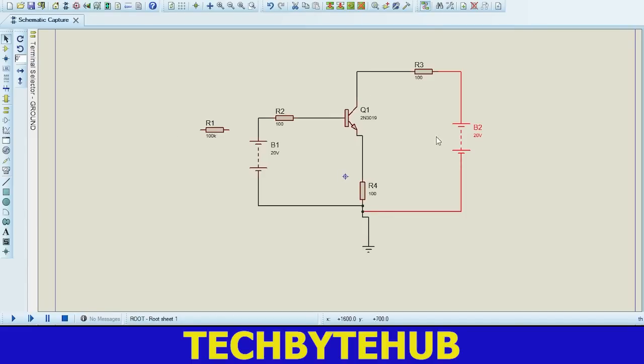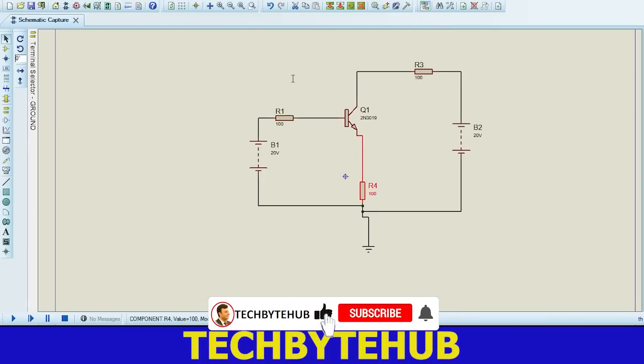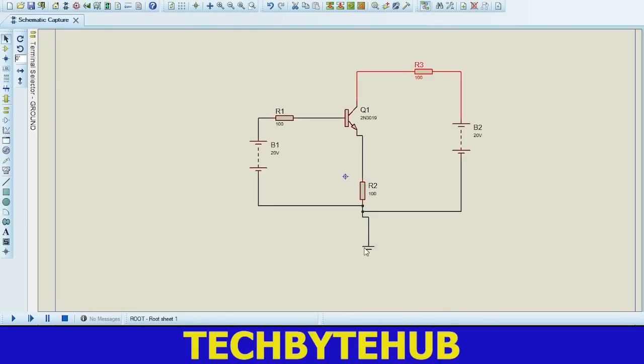So this is your whole configuration, you can see here. Now I will delete this extra resistor from here. Yes, delete it. Now I can change the parameter of R1. Then R2, I will set this one to be R2. Then I will double click on R and click on R3, and that's it. Now I will play the circuit,